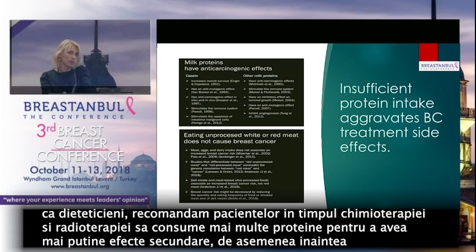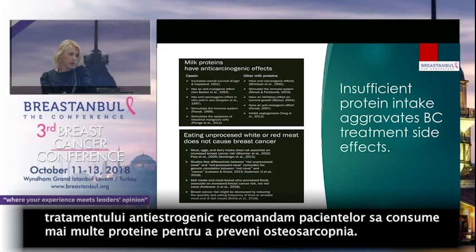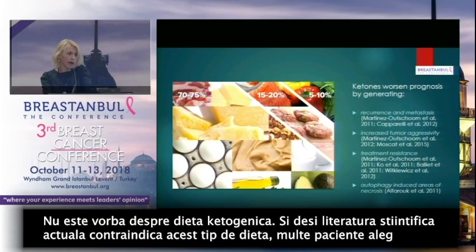Also, before and after surgery, we ask the patient to eat more proteins to recover faster. And during anti-estrogenic treatment, we ask the patients to eat more protein to prevent osteosarcopenia. But it is a higher than normal daily intake. I mean, we recommend the patient to eat more proteins as part of a dietary style similar to the Mediterranean diet. It is not about the ketogenic diet, and